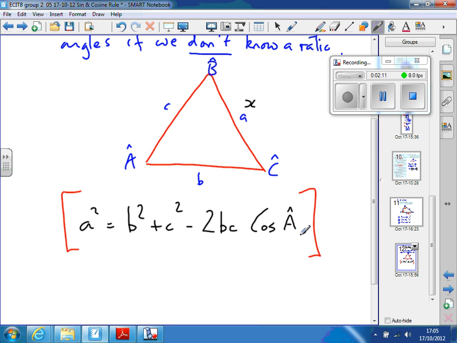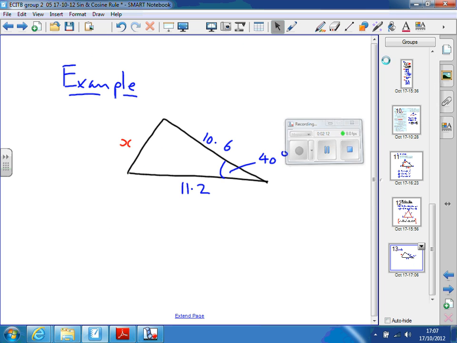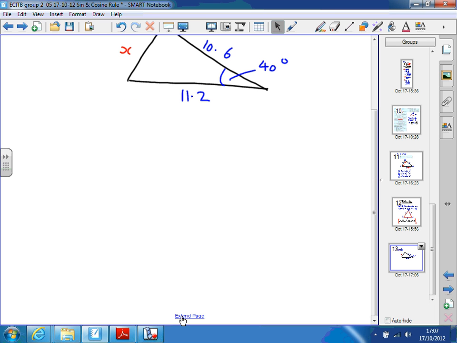So let's look at an example. In this example, we don't know a ratio. So I have to use the cosine rule to find x. And to apply the cosine rule, I need to know the other two sides, which I do, and I need to know the angle opposite the side I'm after, which I do. So I can use the cosine rule. And I say x squared